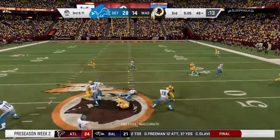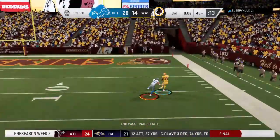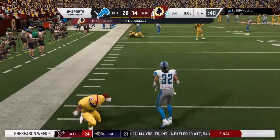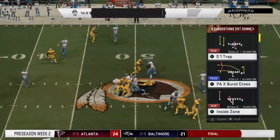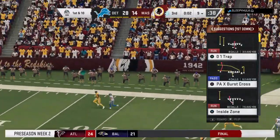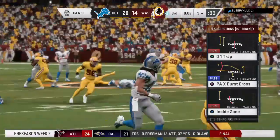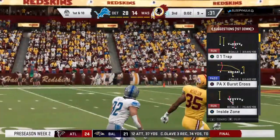They'll look to throw here. He's going to float this one deep right. A battle for it, and it's intercepted. Monte Nicholson picks it, and a big turnover there as his guys will get the football back. Redskins take over 1st and 10 at their own